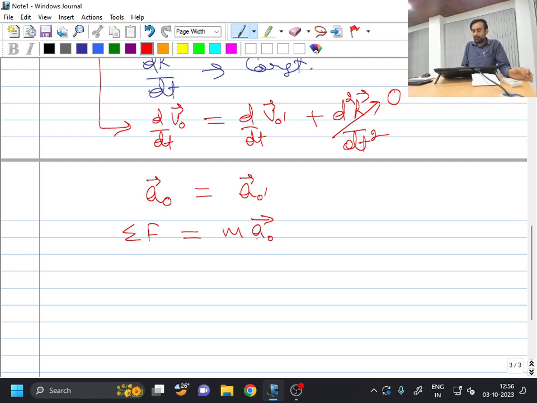So this is for a frame at rest, and this is also equal to, because a naught is equal to A O dash, where O dash is nothing but a moving frame at constant velocity. So this I will be able to write as A O dash bar. Okay, so ultimately I can say that if I have a frame of reference which is moving at the constant